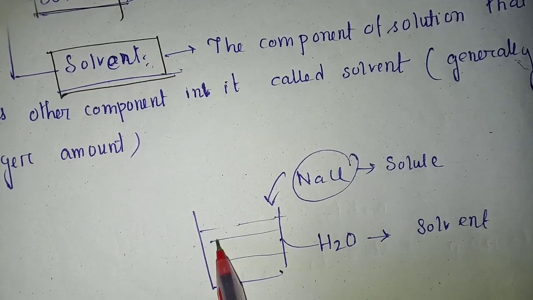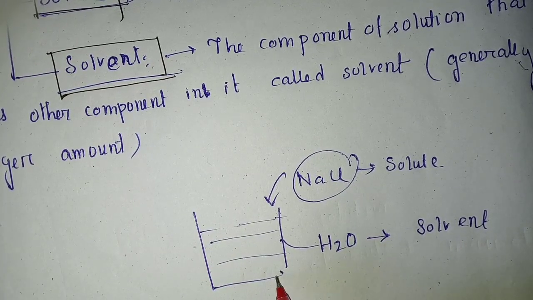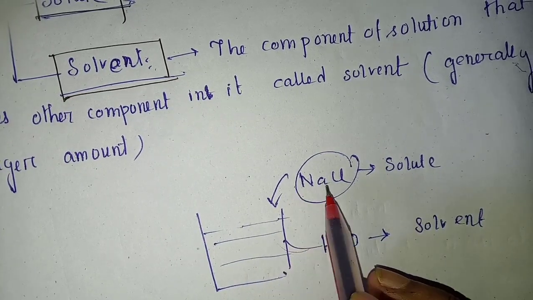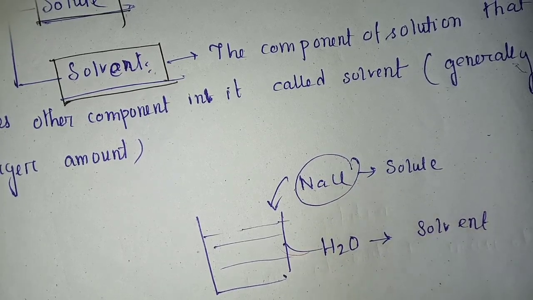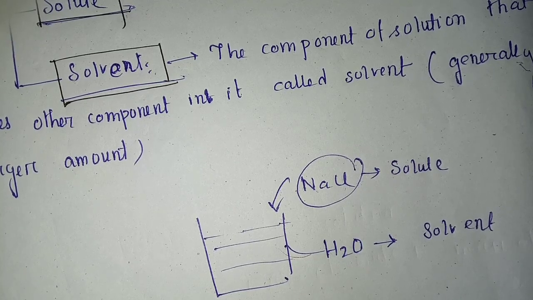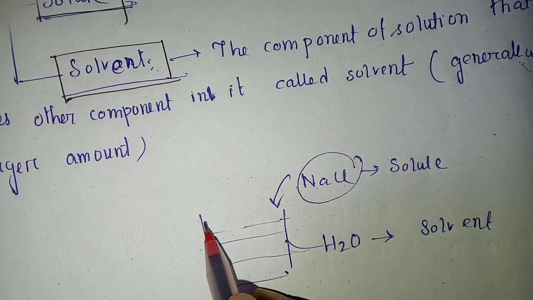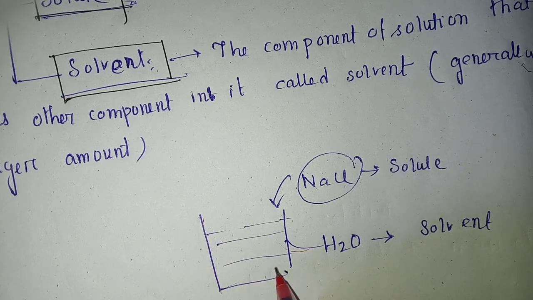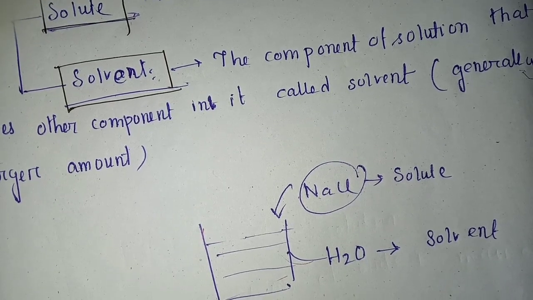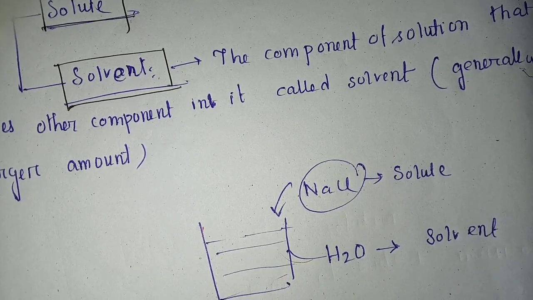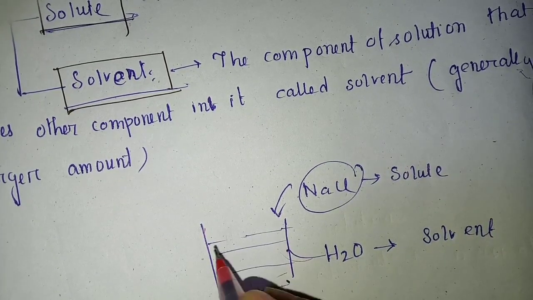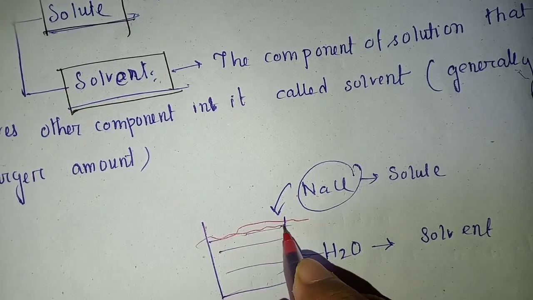Suppose I have water. Here I have a glass and in the glass there is water. I will add NaCl. NaCl means salt, and the chemical compound is actually sodium chloride. I have water and I am adding NaCl, so it is a mixture. Now the question is, what is homogeneous? Suppose this is my whole mixture.